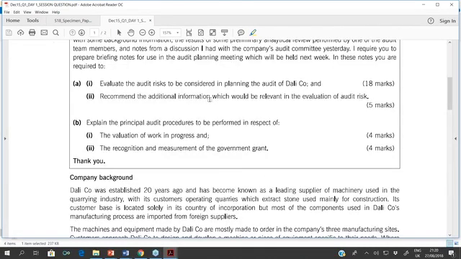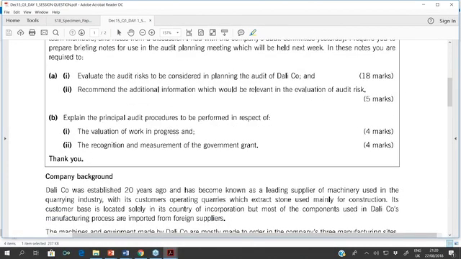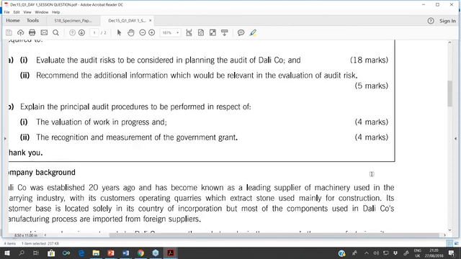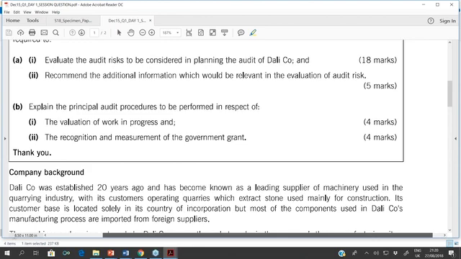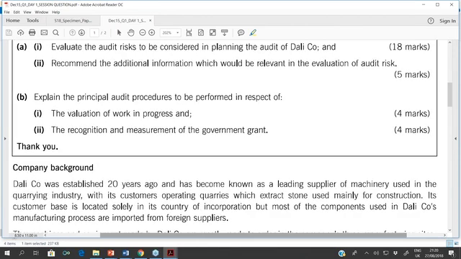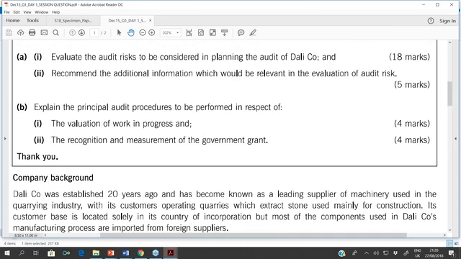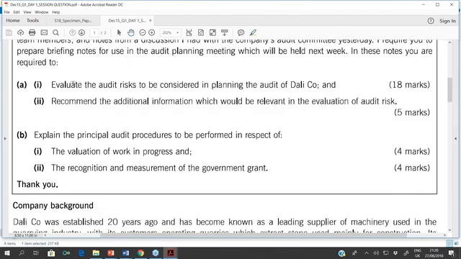right? So the first requirement of the question is to evaluate the audit risk, and the marks given are 18. So we have 18 marks to evaluate the audit risk. Then the examiner says in A2, recommend the additional information which would be relevant in your evaluation for 5 marks. And then in the B part, the examiner says, explain the principal audit procedures to be performed